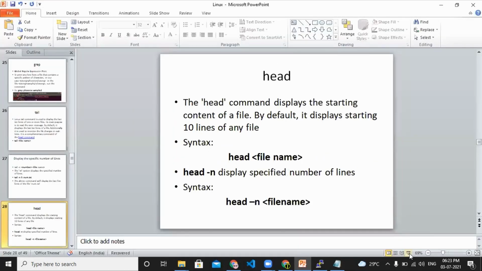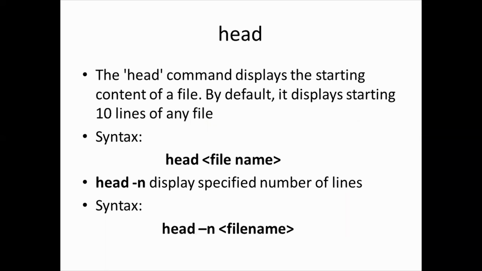In the same way, we have another command called head. It is a complementary command for tail. With tail, we see the last 10 lines. When it comes to head, we select the first 10 lines. What is there in the first 10 lines? An application writes some information in one file, so what are the first 10 lines of content inside a file? That is the reason we use the head command, head and a file name. If you give that, it will give you the first 10 lines of the content.